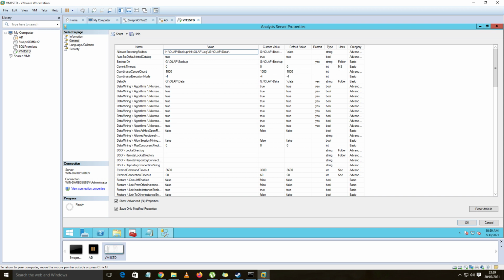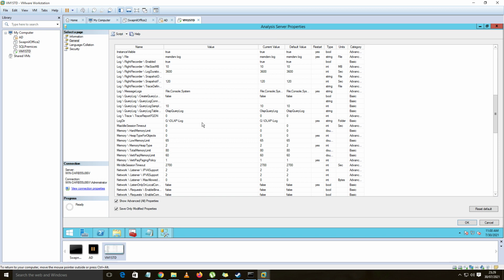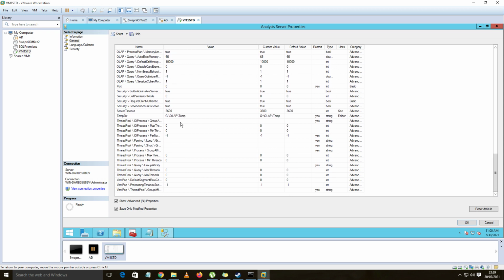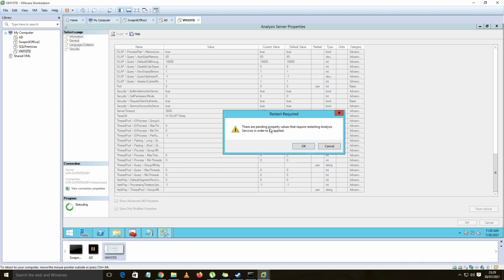Here, the backup directory, do the same for the data directory, then scroll down and do it for the log directory, then do it for the temp directory. Simply click on OK. It will prompt that there are pending property values that require restarting analysis services in order to be applied. Okay, that's fine.